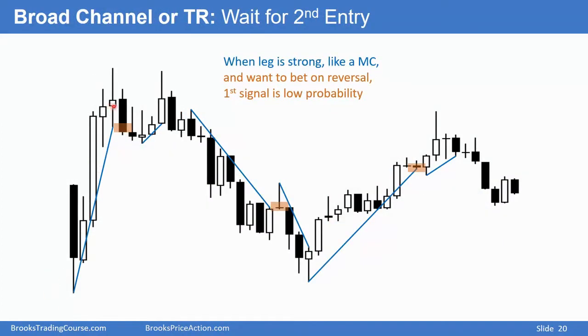Here, 5-bar bull microchannel, 2 pretty strong bull bars. Chances are the first reversal down will fail. Traders betting on the reversal could buy with a limit order at the low of the prior bar. Here we have about a 10-bar bear microchannel. Traders assume the first reversal up will fail, so some traders will place a limit order to sell at the high of the prior bar, even though it's a micro double bottom, up, and a higher low.